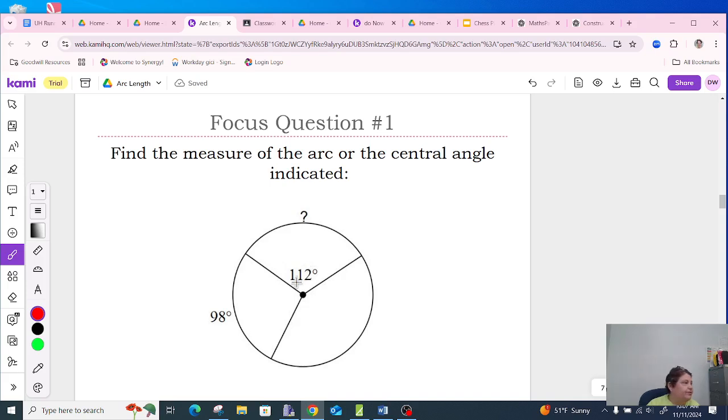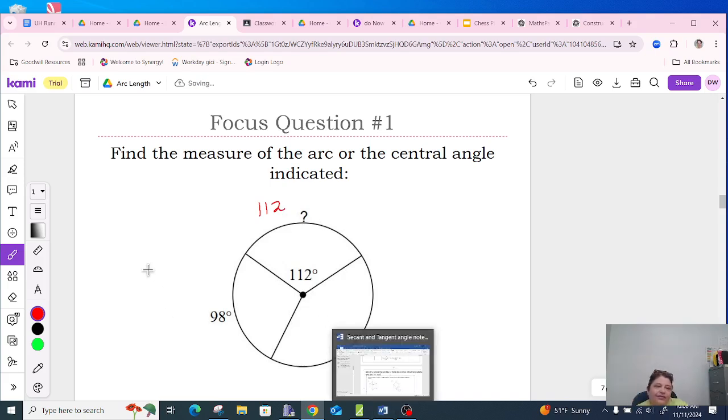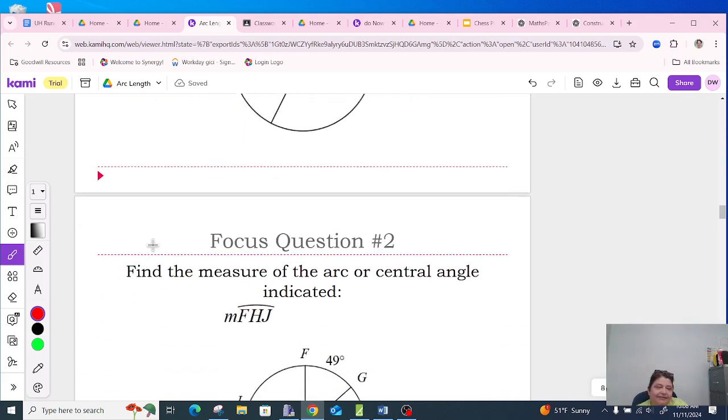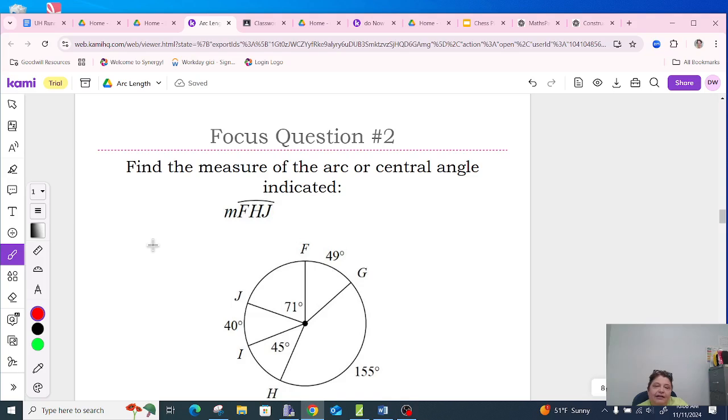Okay, so the central angle is 112 degrees right here, right? What is this arc then? What is this measure here? That one's also 112. Let's just use that software, because now I can write just fine. That maths pad that I use wouldn't let me draw. Okay, now here,